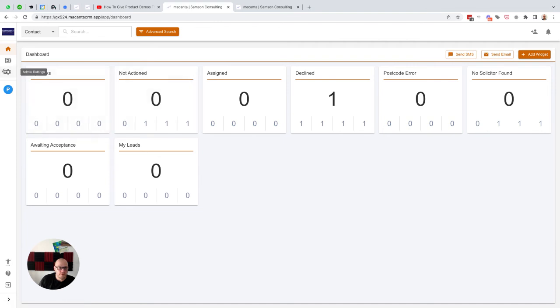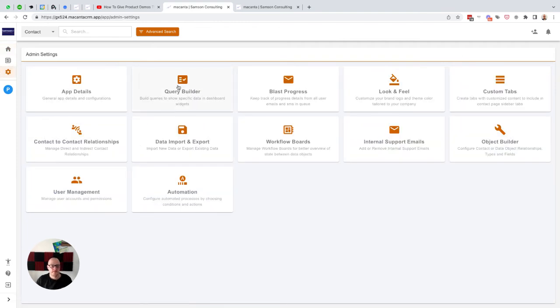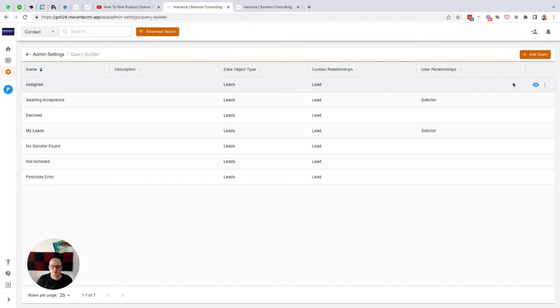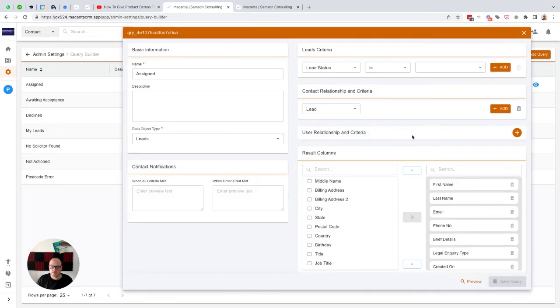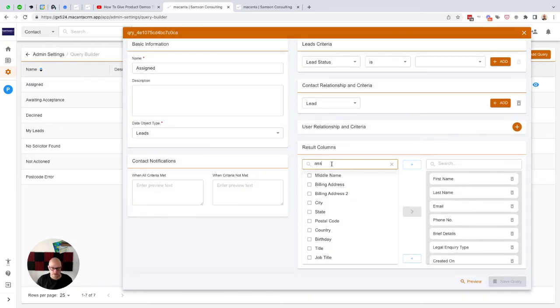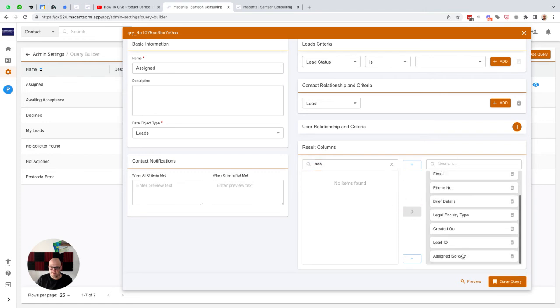So let's just go and add, in our query builder we'll add that field to our other items as well. So I can go in here and find assigned solicitor, and I'll move that up, save